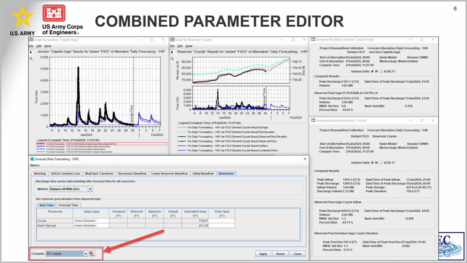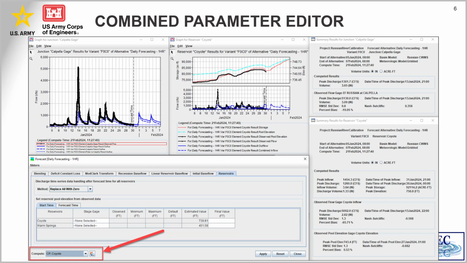And then down here, we still have that compute to point option. In this case, I know that this gauge location is just upstream of this reservoir location, and they're both at the headwater of our project, of our basin model. So down here, we're using this computational point to do just to Coyote, which is our reservoir. This is just going to do the headwater of this model. So we're going to be running like 3 or 4 subbasins versus 30 or however many are in this entire basin model. So this is just another time save